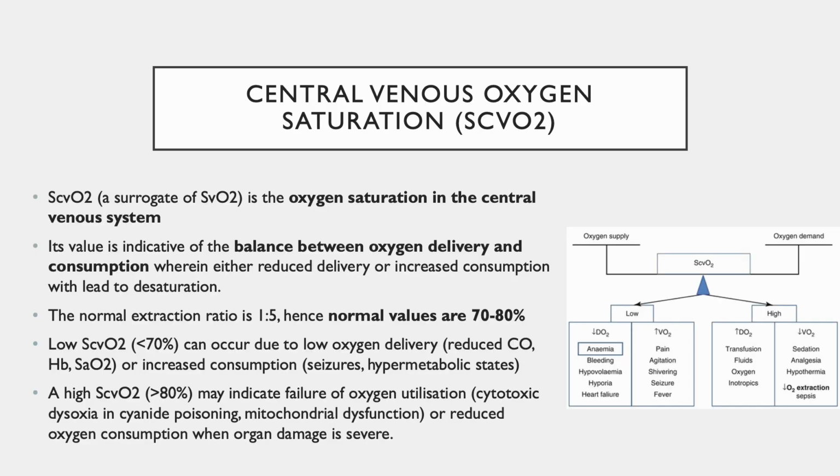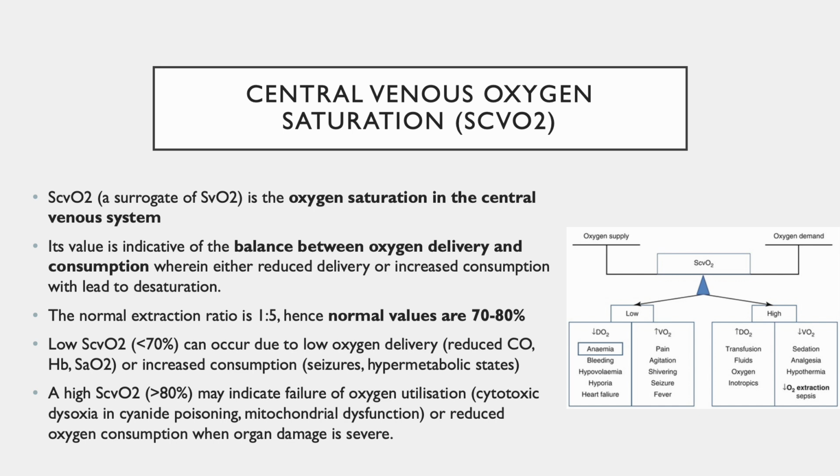Central venous oximetry is the oxygen saturation of venous blood obtained via an internal jugular venous catheter. It represents blood that has undergone oxygen extraction after traveling around the body back to the heart, and hence provides an indication of global oxygen delivery and consumption matching. Normal values are usually between 70 to 80% because the extraction ratio in a normal state is about that of